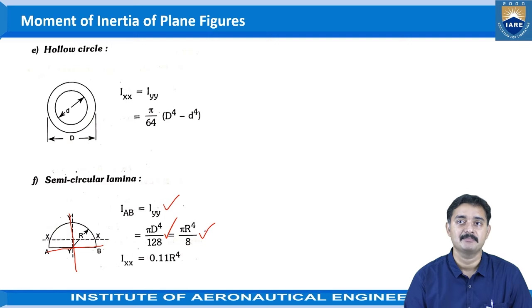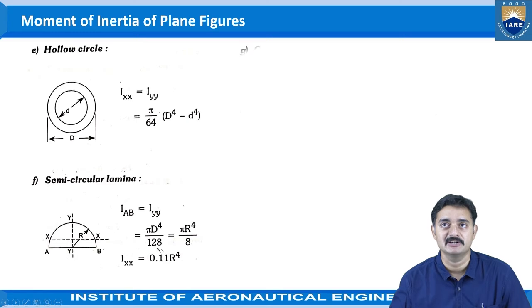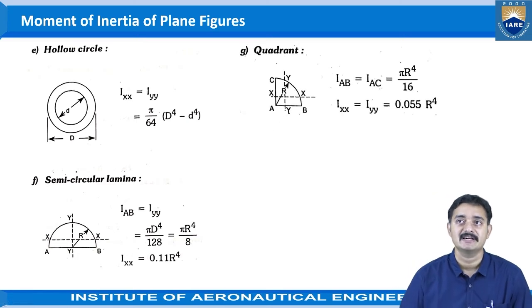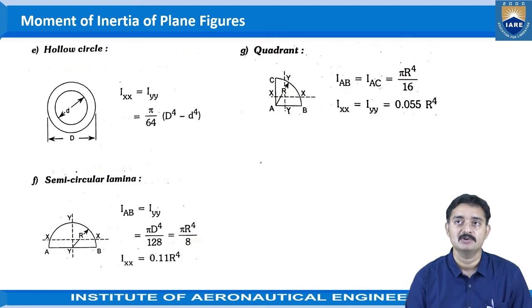That can be written as pi r power 4 by 8. Also, Ixx will be obtained as 0.11 r power 4. So these are the moment of inertia of plane regular sections. And coming to quadrant, IAB is equal to IAC, that is equal to pi r power 4 by 16. You need to remember only one thing: the moment of inertia with respect to which axis is very, very important